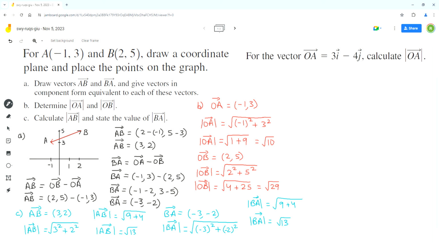Now we can analyze the second problem. For the vector OA equals 3i minus 4j, calculate the magnitude of vector OA. So this vector is given to us in unit vector form. So we can write it in the component form as